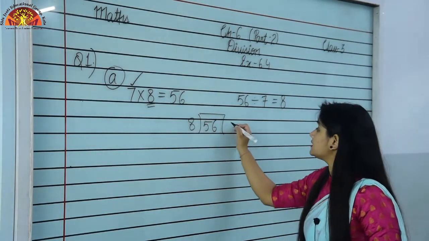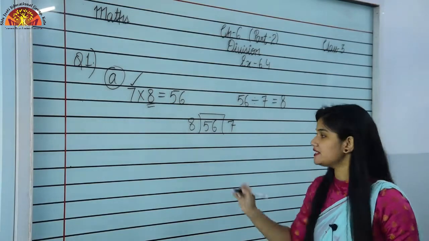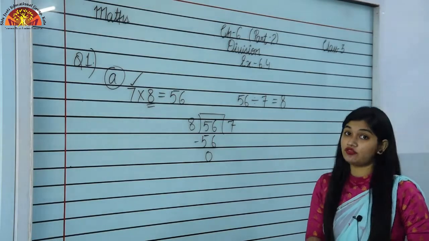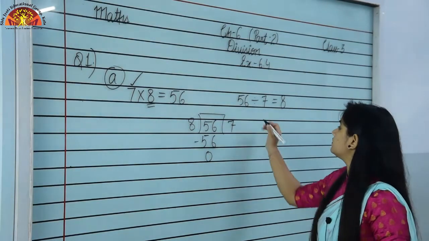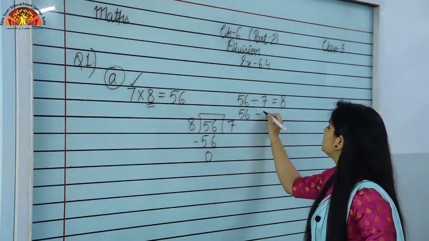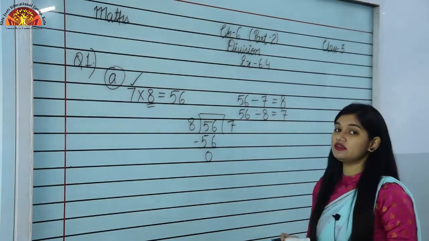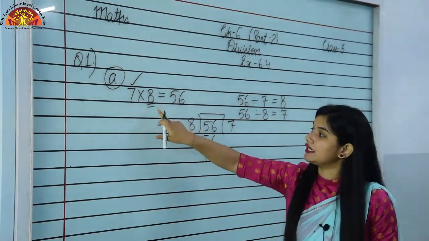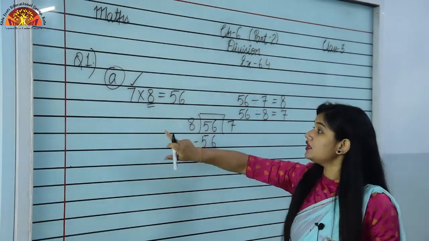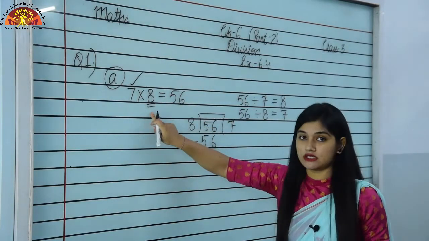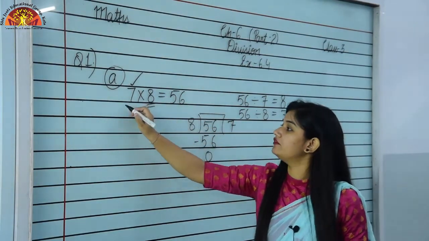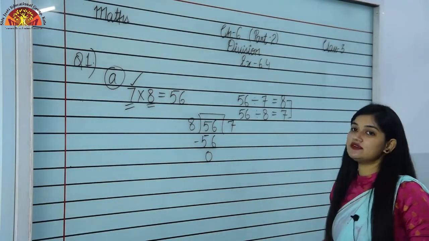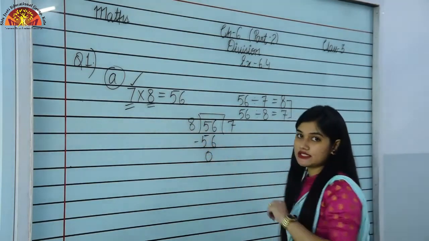So now I will get 7 times 8 7s are 56. मुझे 7 times क्या मिल गया? 56 मिल गया. So what I have observed here, मैंने क्या observe किया? I am getting 2 division facts here and 2 division facts are if I divide this 56 by 7 I will get 8. मुझे ये 8 मिल जाएगा and if I divide this 56 by 8 मैं जब इसको इससे डिवाइड करूंगी then I will get the answer 7. Is it clear students? These are 2 division facts by using this multiplication fact.